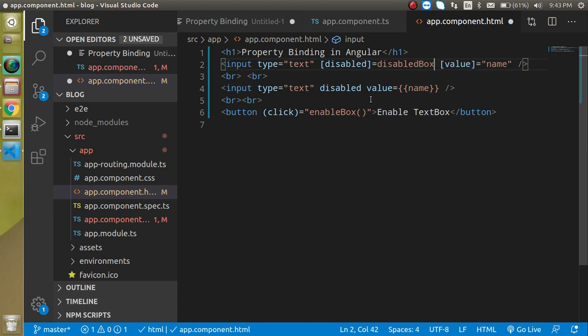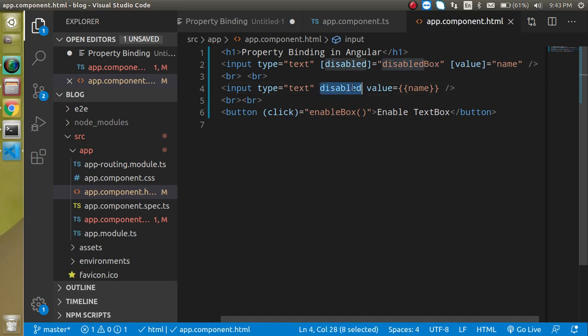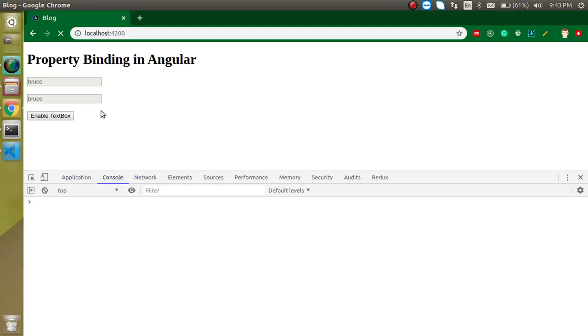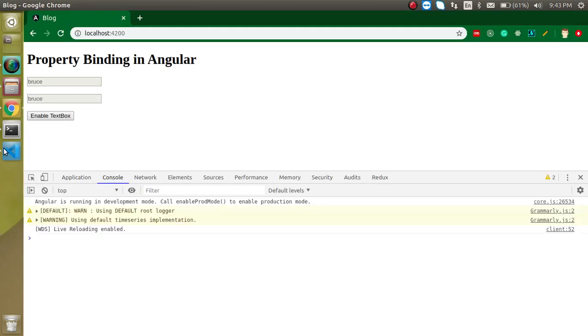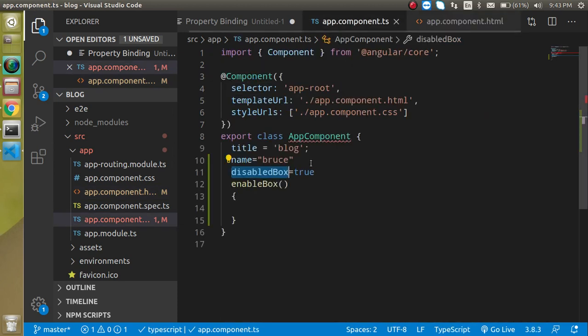So I can put here disable, perfect, and I can simply use here a string, and here I'm going to provide an interpolation like this, right? So you are able to see that both are still disabled here, because we made them true here. So let's make them false on a button click, and simply write here this dot disable box is false,